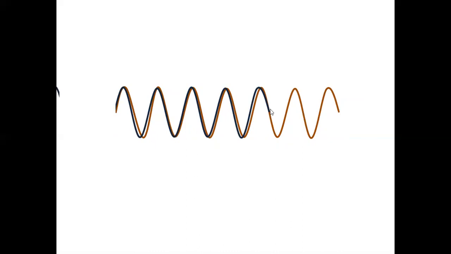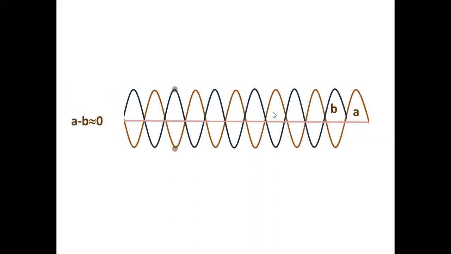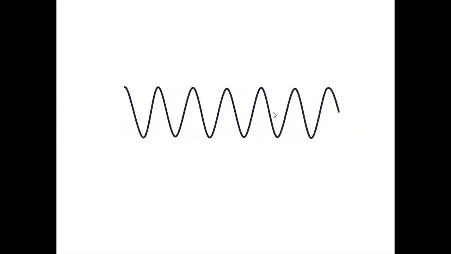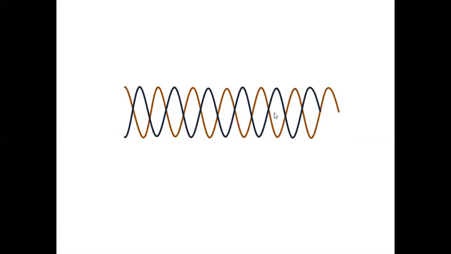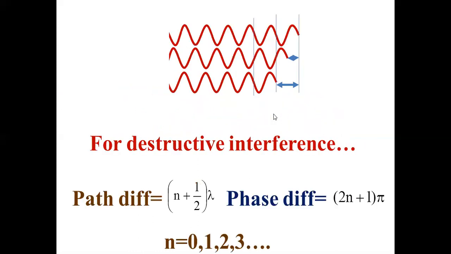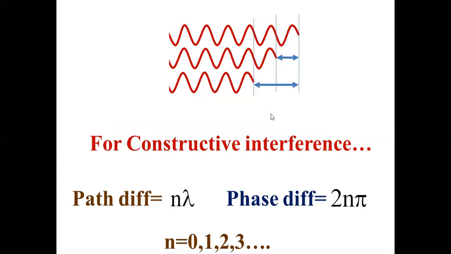Constructive interference. So if the path difference is 1 lambda, 2 lambda, 3 lambda, 4 lambda, 0 lambda, where is 0 lambda? This one, when they are together, 0 lambda, then constructive interference. So shall I write it in terms of n lambda? For constructive interference, the two waves either must start from the same point with no path difference, or must start with 1 lambda difference or 2 lambda difference. Then it is n lambda, n starting from 0. No path difference means both are traveling from the same point. 1 lambda means one is traveling 1 lambda later, another one 2 lambda later.